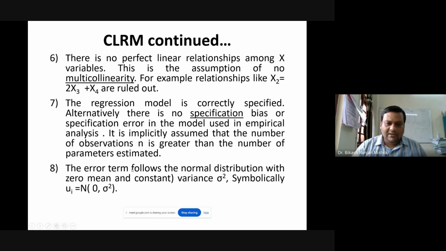So final one, the error term follows a normal distribution. Normal distribution means, as you know, it will be a bell-shaped curve. So if you have the error terms with you, depending on the nature of regression, whether we have 30 observations, 20 observations, whatever, if you plot it in a graph paper, then it should give rise to a bell-shaped curve, where the measures of central tendency will be centered around the peak of